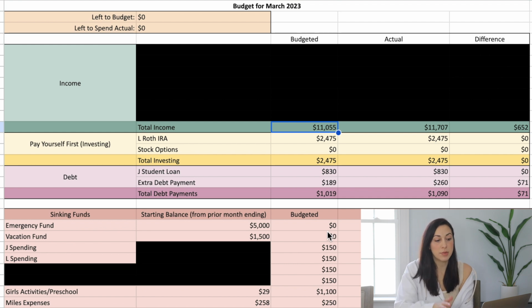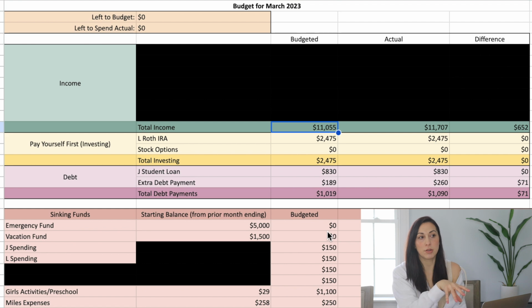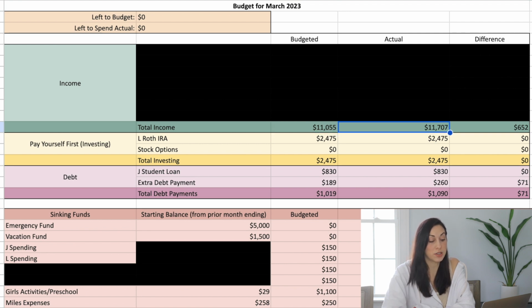Okay, so taking a look at our March budget, we had budgeted total income of $11,055, and this is net income. The spreadsheet does come with net and gross templates, so if you want to budget your gross income before any paycheck deductions come out, you can do that, but we are using the net budget spreadsheet today. We budgeted just over $11,000 and we brought in $11,707, so that was good. I always try to be conservative with our income because it does fluctuate based on a couple things for both me and my husband, and so we were able to bring in $652 more than we had budgeted,